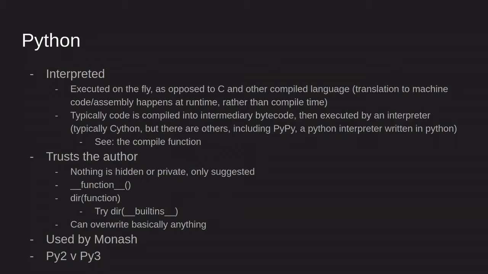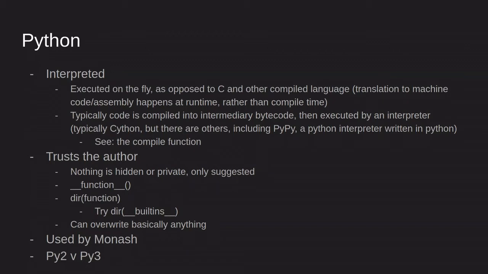That's the high-level thing that everyone tells you about. What they don't tell you about is that typically code is actually compiled into an intermediary Python interpreter bytecode, which is the thing that's actually interpreted. There are actually multiple distributions of Python. Typically, if you're downloading Python, you're downloading CPython, or C Python. I don't actually know how to pronounce that, but there are others, including PyPy, which is a just-in-time compiler for Python. And you can also see the bytecode by using the compile function in Python.